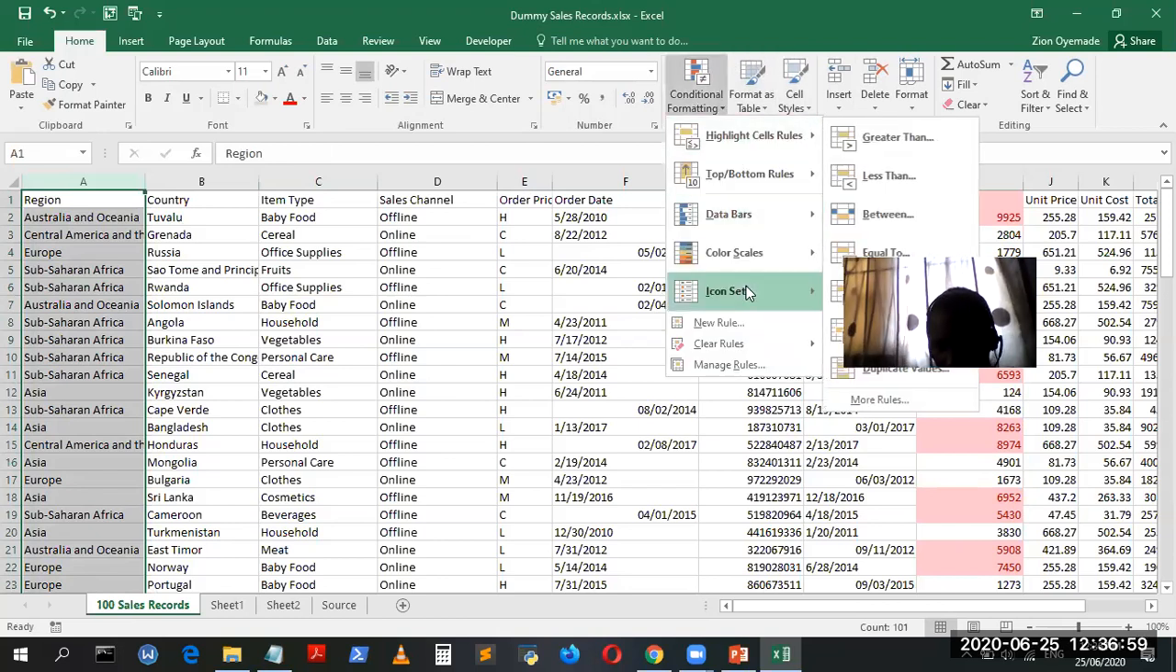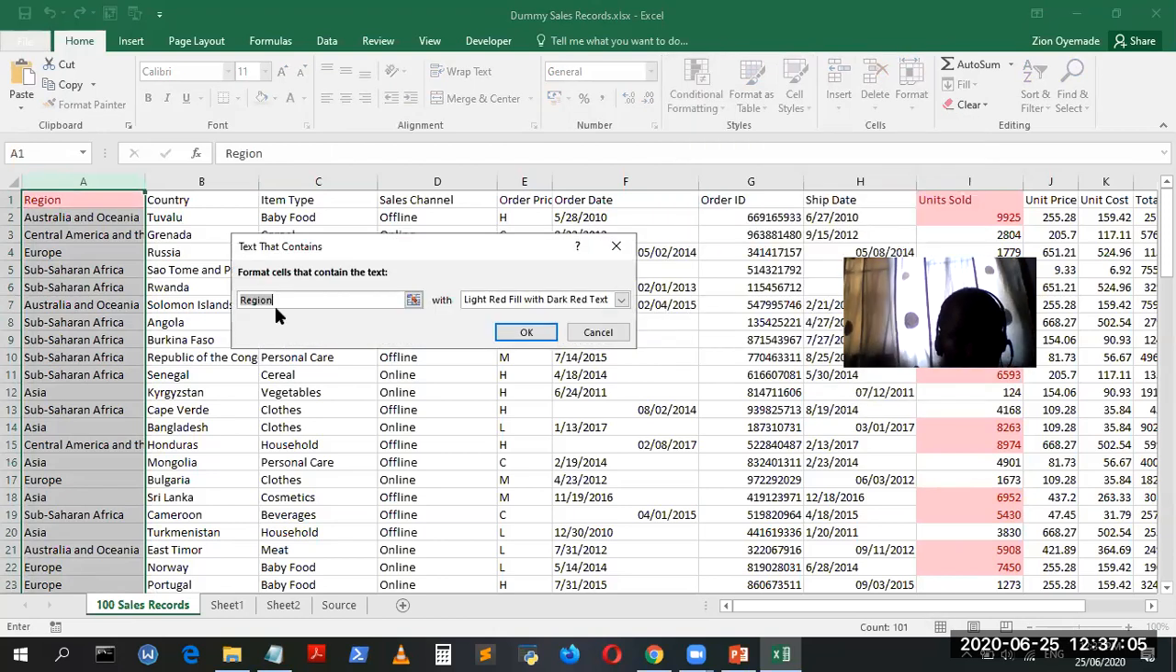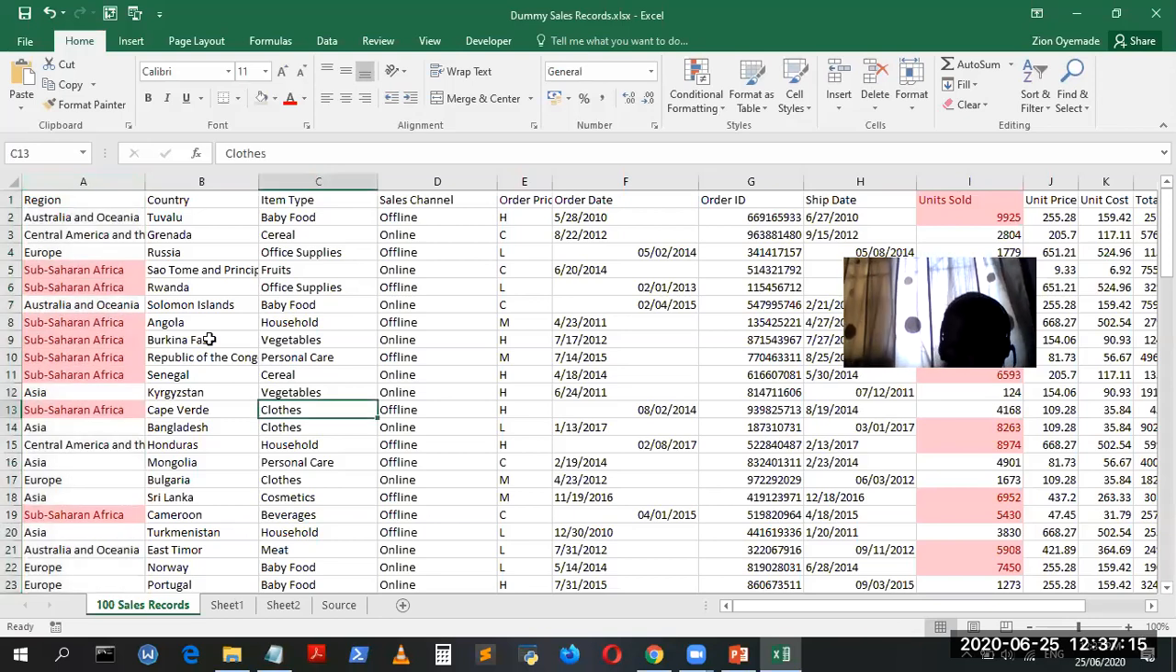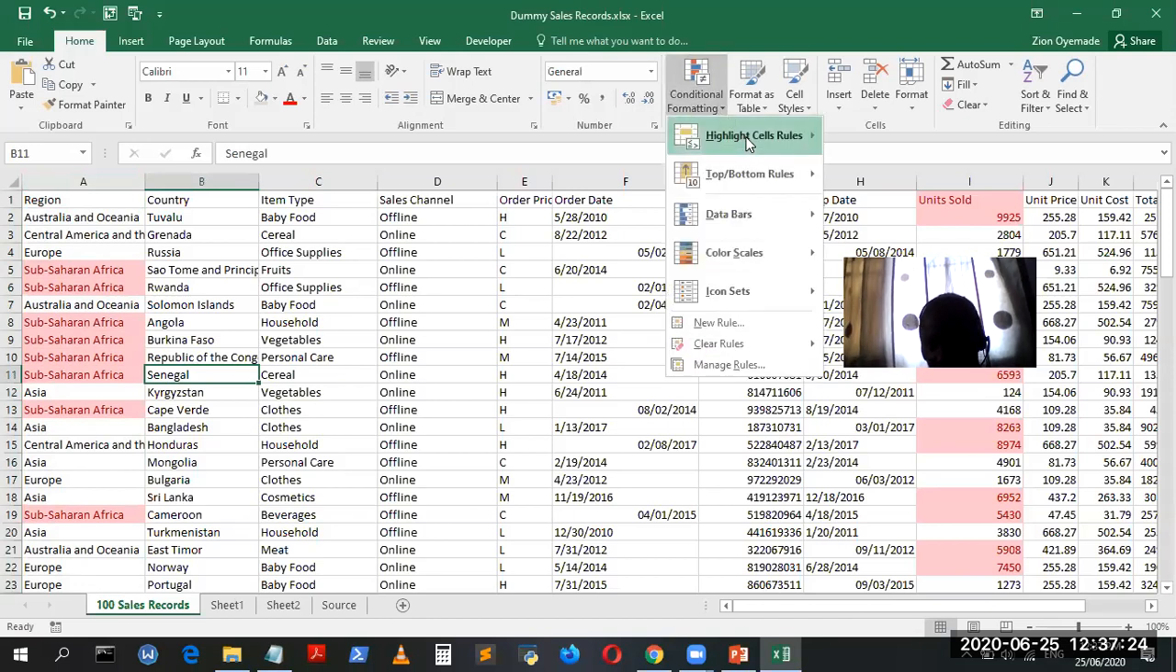So yeah, I can use the text that contains sub-Saharan Africa. That's it. Let's come up with something else again. If